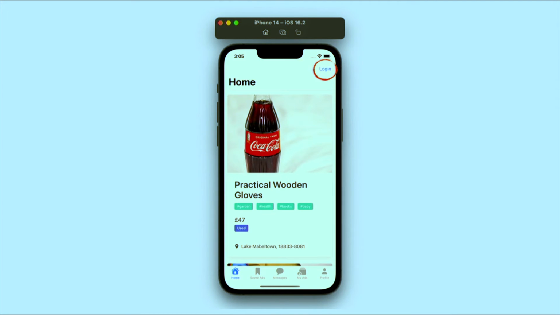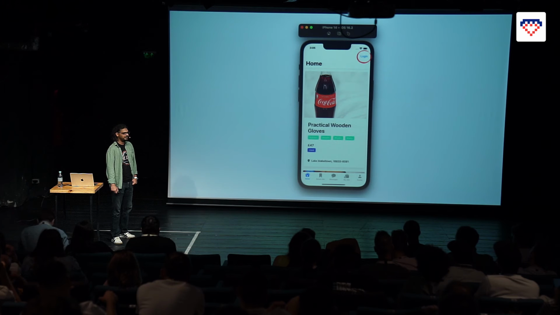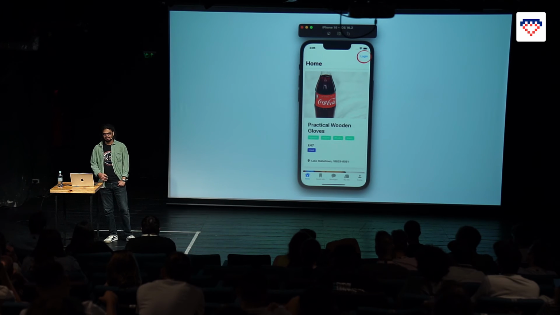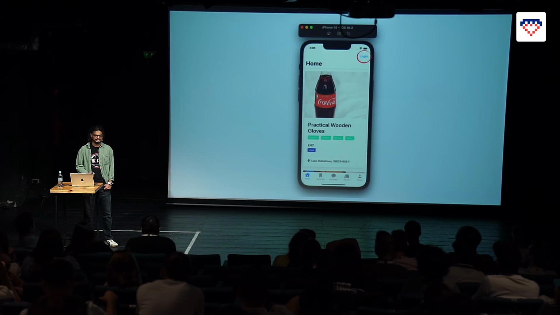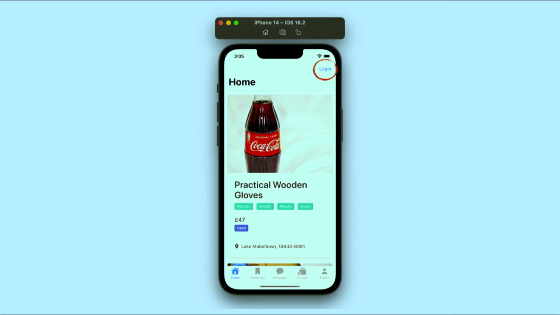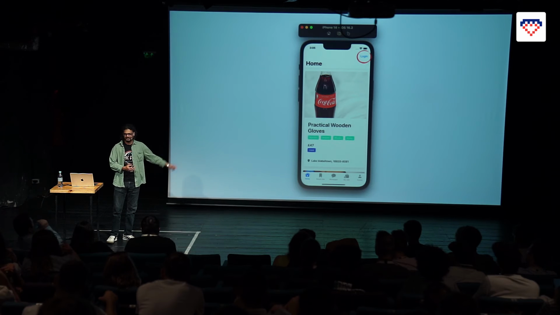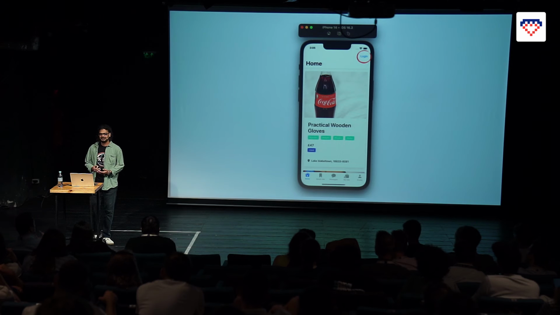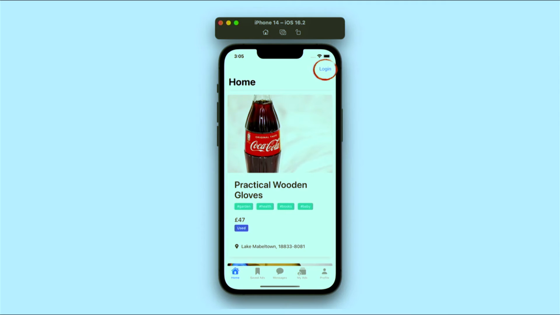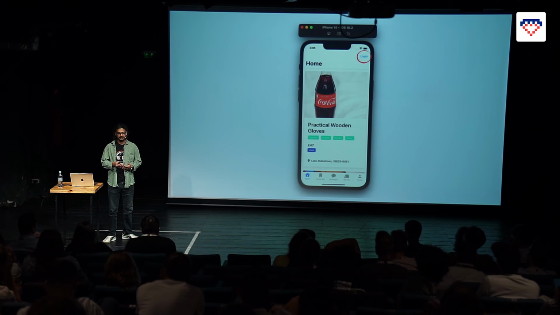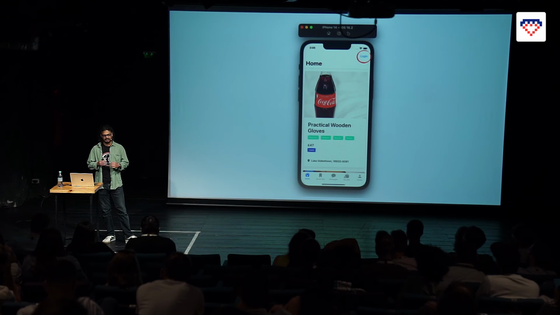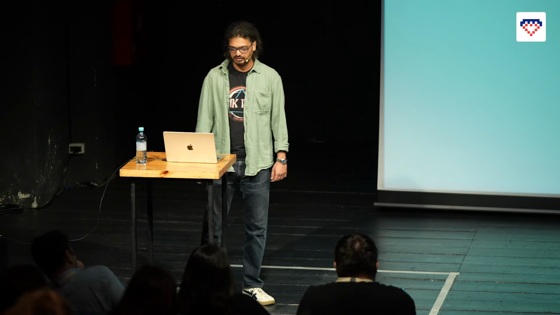Now, some of you may have noticed that fully native login button. This is a hybrid app. Until about a week ago, it was more of a mystery how we did that. But then Strada came out, and that's basically the point of Strada: it lets you place fully native elements, but it's still driven by a web app. So we're not going to dig into how Strada actually works. We're going to go one level deeper and talk about the tech on which Strada is built, which is the